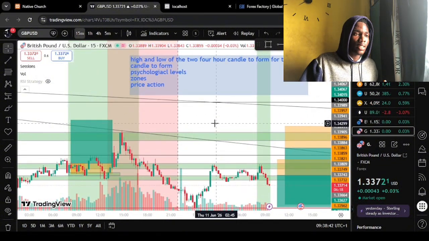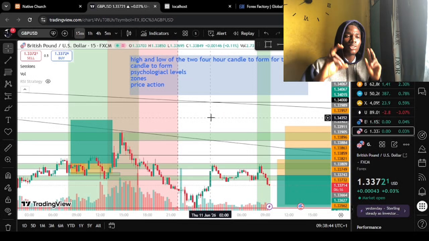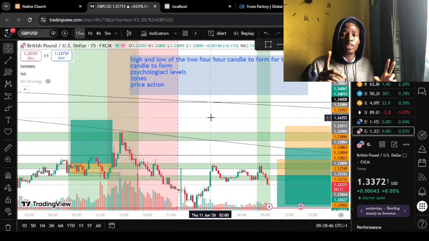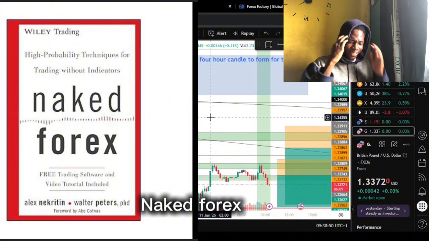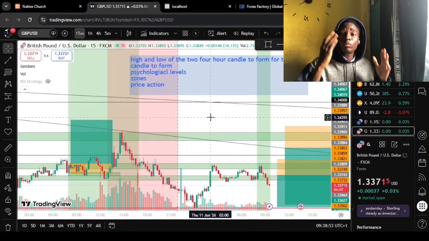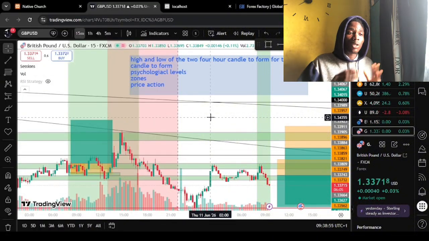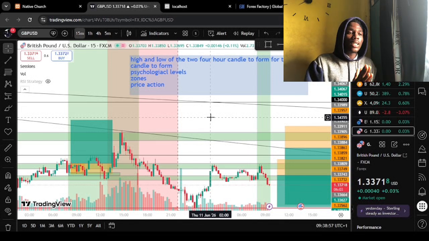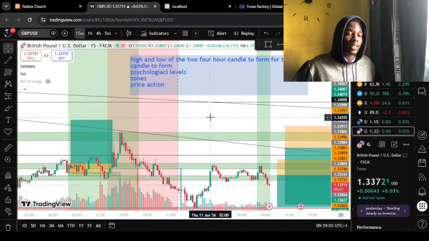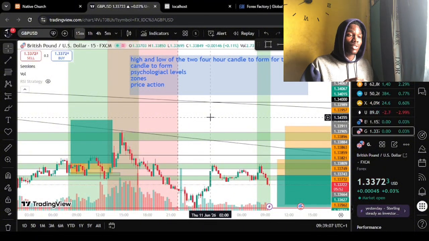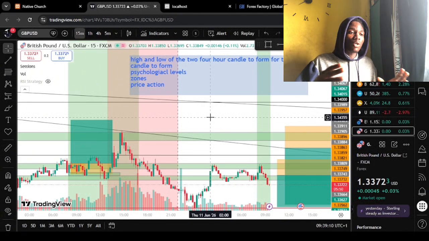And also one other thing here is zones, and zones is actually a concept I got acquainted with when I read a book. I don't know the title of the book, actually. I can't remember it, so I'm going to attach it to the screen. And it's a concept that I came across in the book, and it works so well. I backtested it and I saw that it actually works very well. So that was when I adopted it,